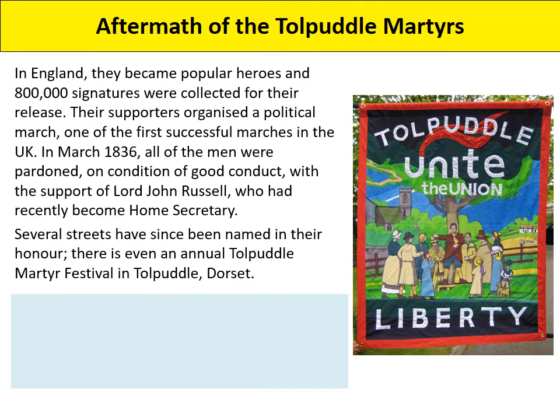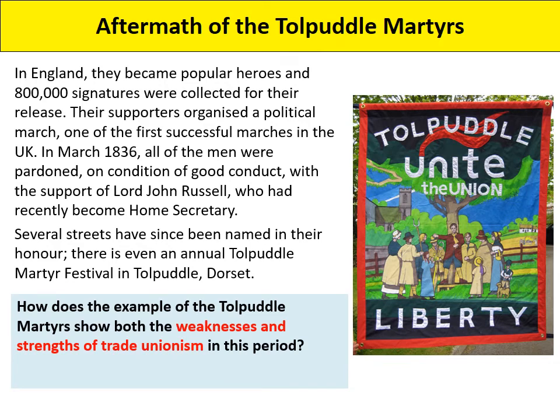You can see there the banner on the right hand side of the screen is a modern banner celebrating Unite, which is a trade union today, and they're still using the symbol of the sycamore tree, and George Lovelace there in the middle, and the families and the other labourers gathered around, and the slogan of liberty or freedom at the bottom there. So how does the example of the Tolpuddle Martyrs show the weaknesses and strengths of trade unionism